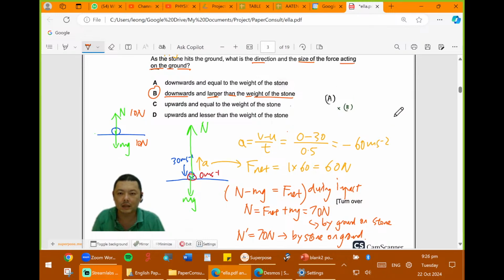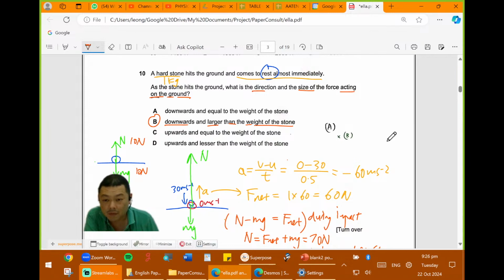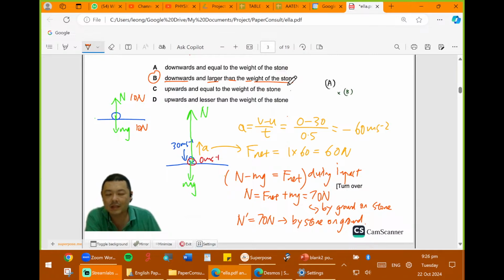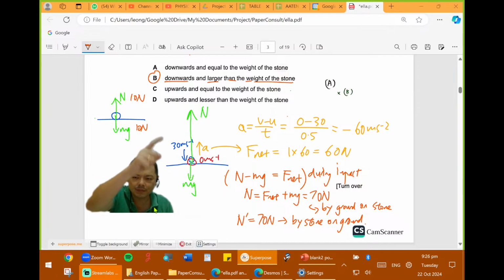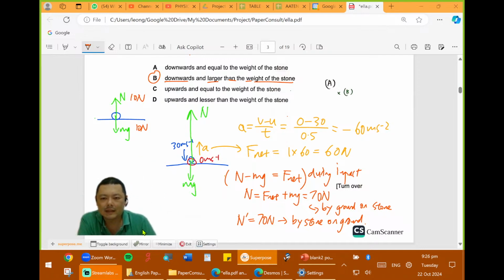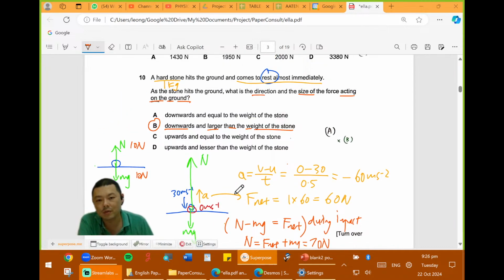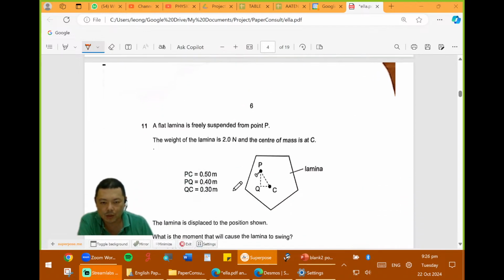You understand? Okay, you've taken out all these already? Yeah. So this is a very good question. It's just that it's a lot of steps to explain. So that's why the normal contact force is larger than the weight of the stone. And furthermore, there's a layer of Newton's third law, and then there is talking about the resultant force and normal contact force and all that. That's why when I saw this question, I was like, phew, okay, there's a lot of steps to this thing. All right, next question you want to check in with me on?